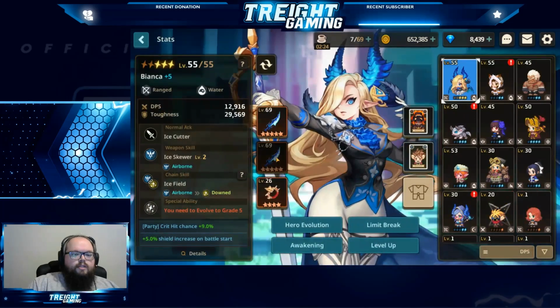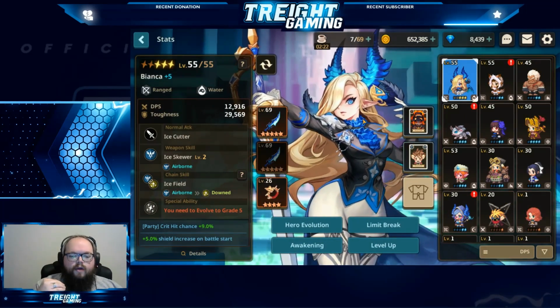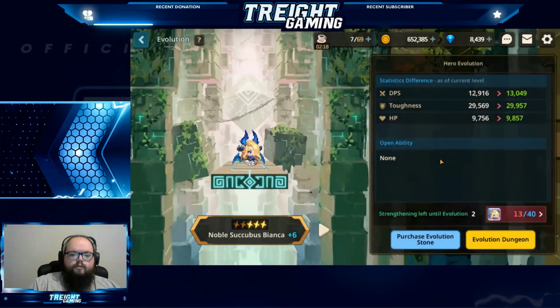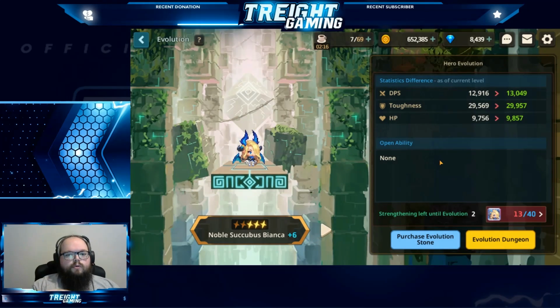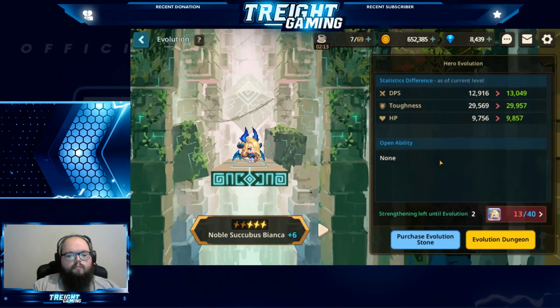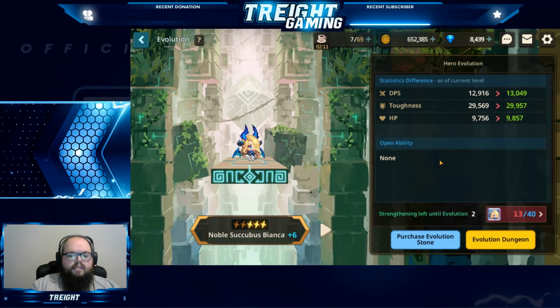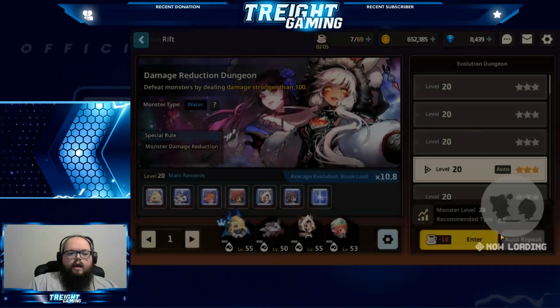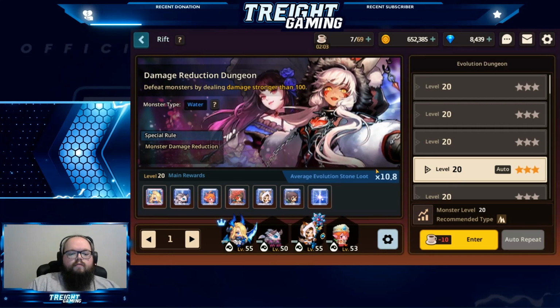And then each hero has sort of different ways you can power them up, which is pretty cool too. So there's Hero Evolution, which is much like other games where you increase the star level, which increases their power, their base stats. And the way you do that is by collecting these evolution stones. And the way you get the evolution stones, you actually go through the evolution dungeon, which you can do as much as you want